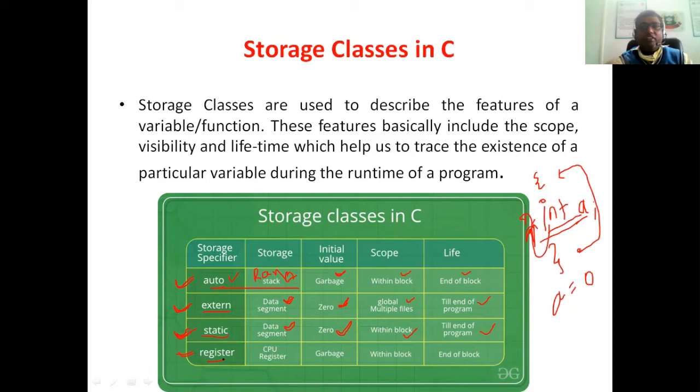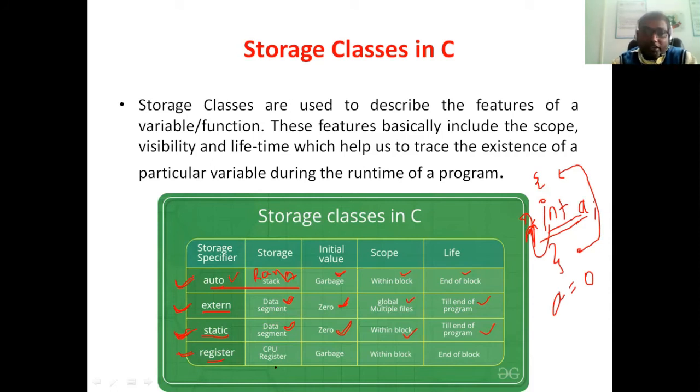So that means there is a fetching time. To decrease that fetching time, you need to store the data directly in the register itself, so that it will improve the execution speed. But we have a very small number of registers, so it is not possible to store a huge amount of data in the register. So the basic idea of the register storage class is to declare the variable as a register, so that the data is stored in a register. It will improve the execution speed of your program.